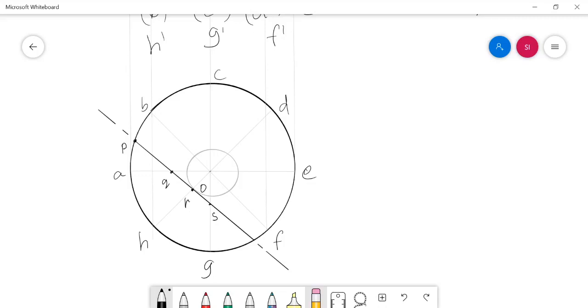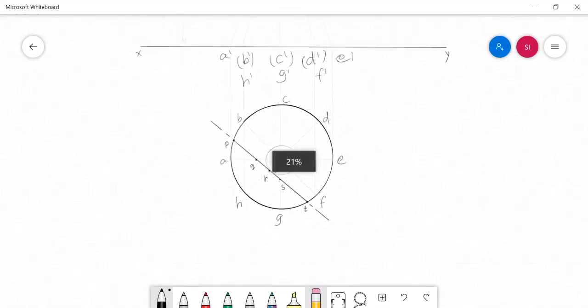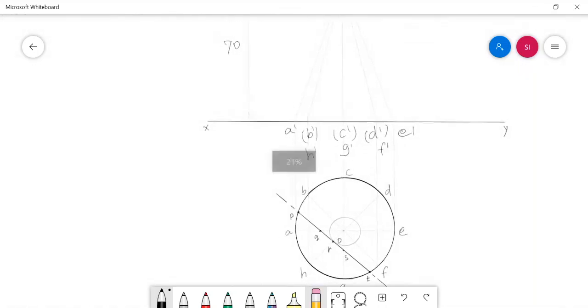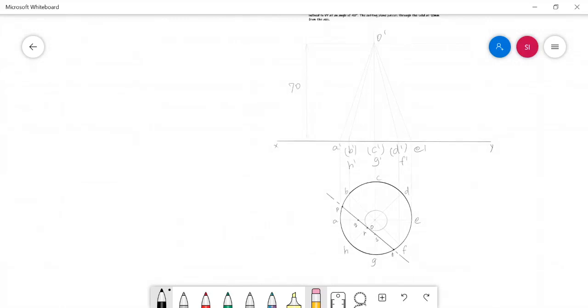It is on the arc piece FG. So here I am giving one cut point. Say it is T. So totally 1 2 3 4 5 cut points are obtained in this problem. Before marking them in the front view, it's better to note down their names for confusionless marking in the front view. The cut points are P, Q, R, S, and T.